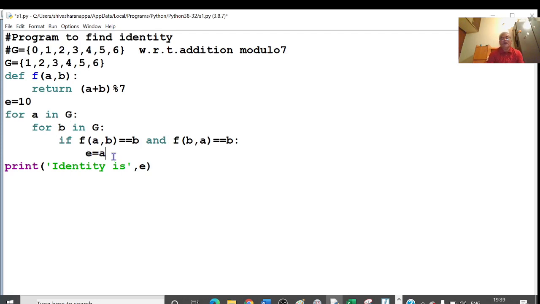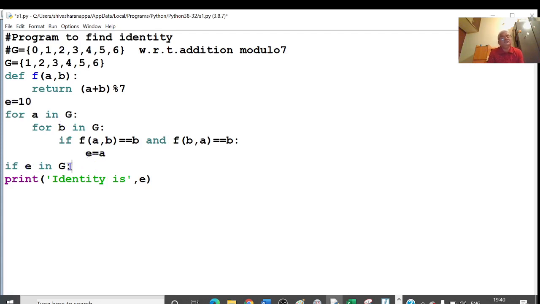So what I do here is, I will give one if statement. If E in G, that is, whatever I get, see here this is not in G, this is in G. If this is in G, then this itself is the identity element.